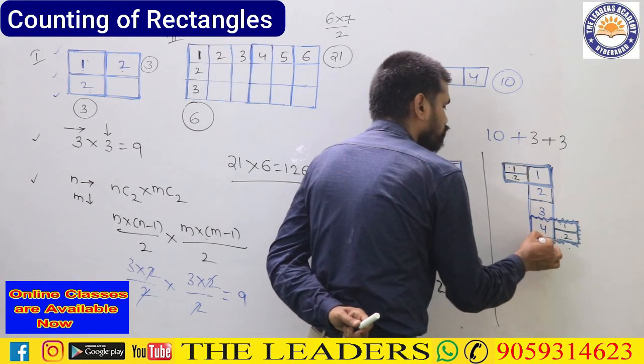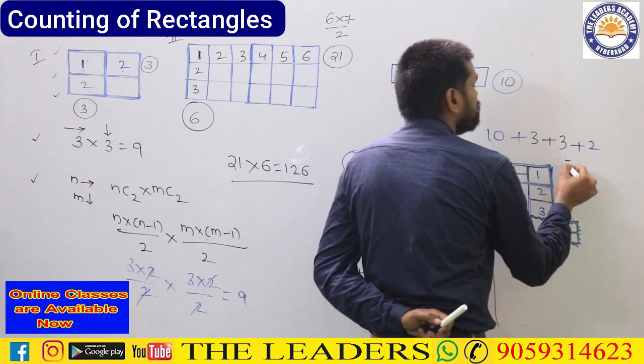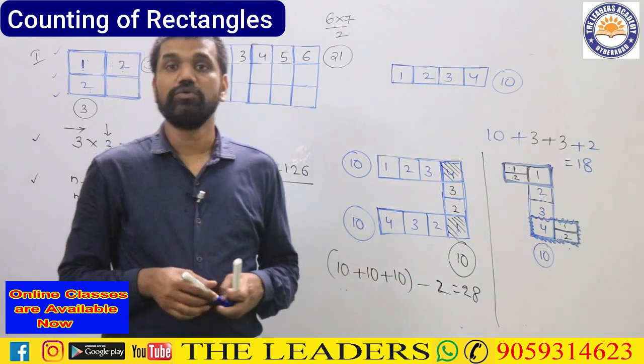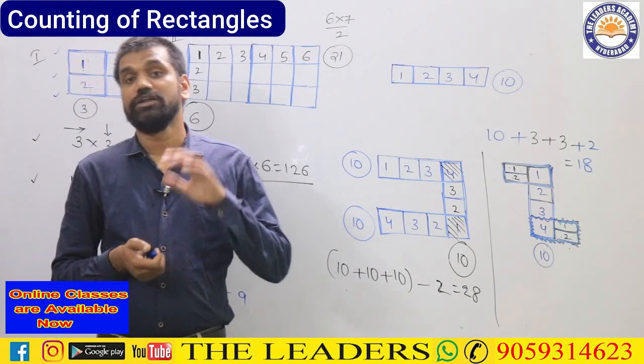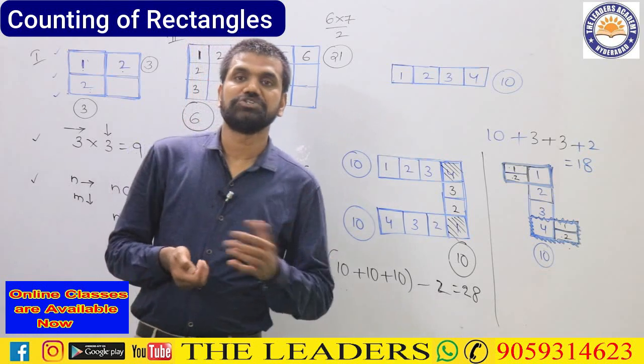That's why 2 more we did not count. We will be counting those 2 as well. That's why in total we are getting how many? 18. So this is how we can count the number of rectangles. In the same manner, if at all you are willing to count the number of squares, how do we go about? That will be the next type for us.